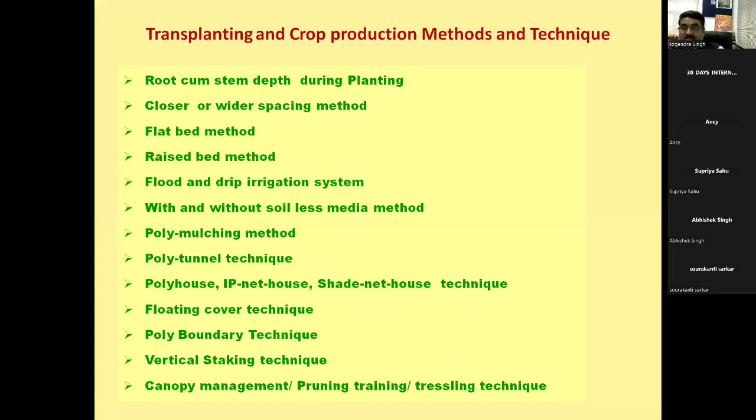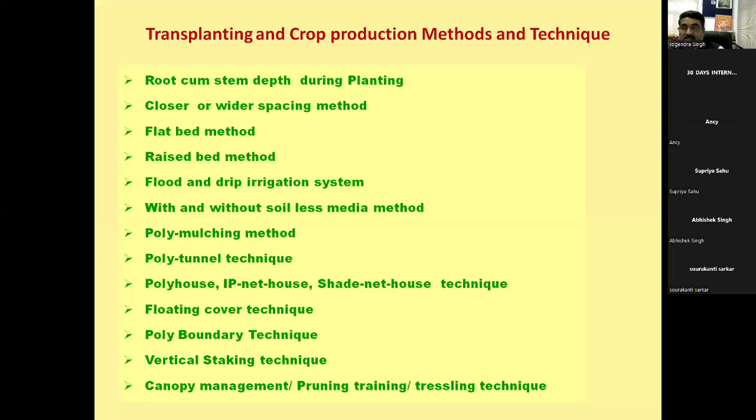It is not damaged by any biotic stress, so we can maintain every plant. But in open condition we cannot maintain. It is affected by abiotic stress, biotic stress, animals, and birds. These are the problems in the open field condition. So this is the comparative study of protected cultivation, and this is the need for protected cultivation.